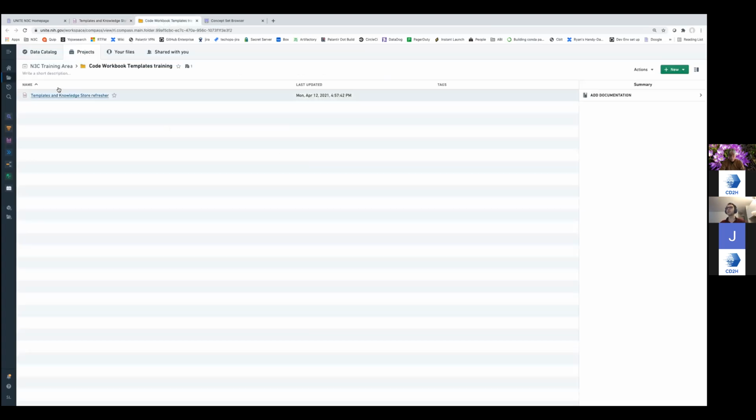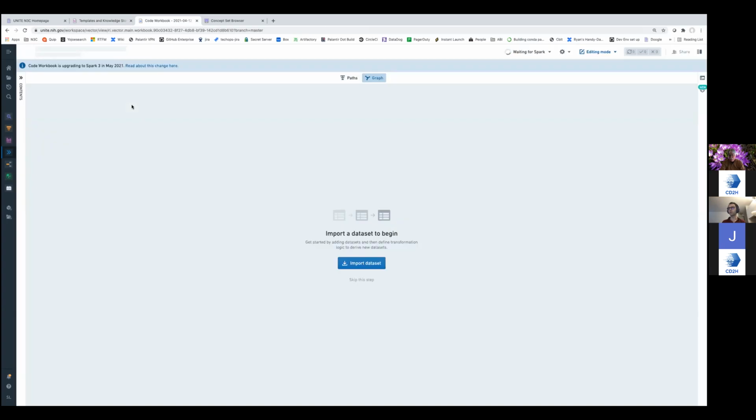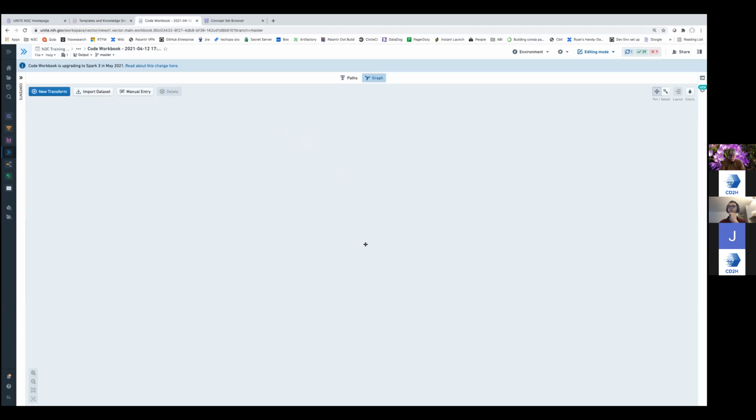So let me go and create a workbook. For people who are maybe new, Code Workbook supports R, Python, and SQL. It's basically a notebook where you can import data that exists in the enclave and then write code to apply transformations on the data and analyze it. Let me call this workbook